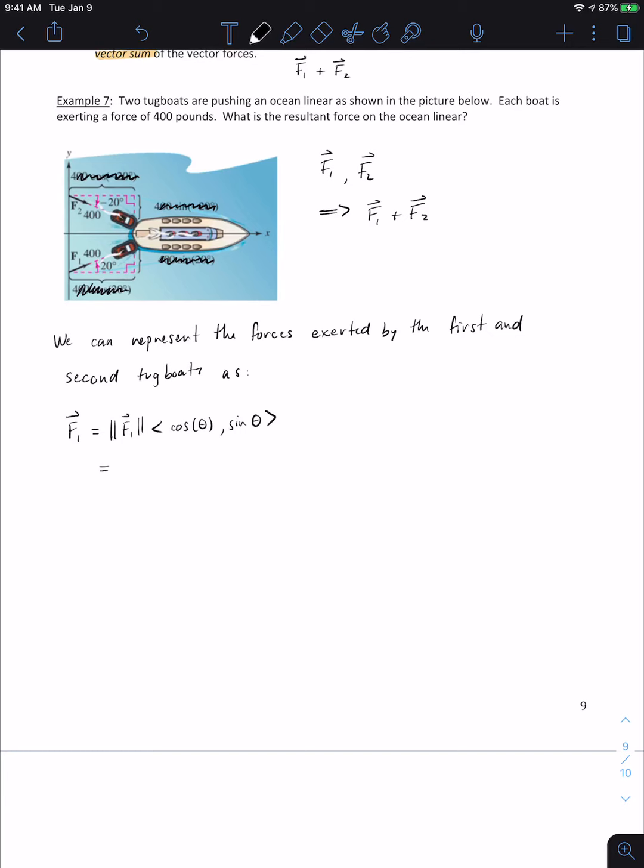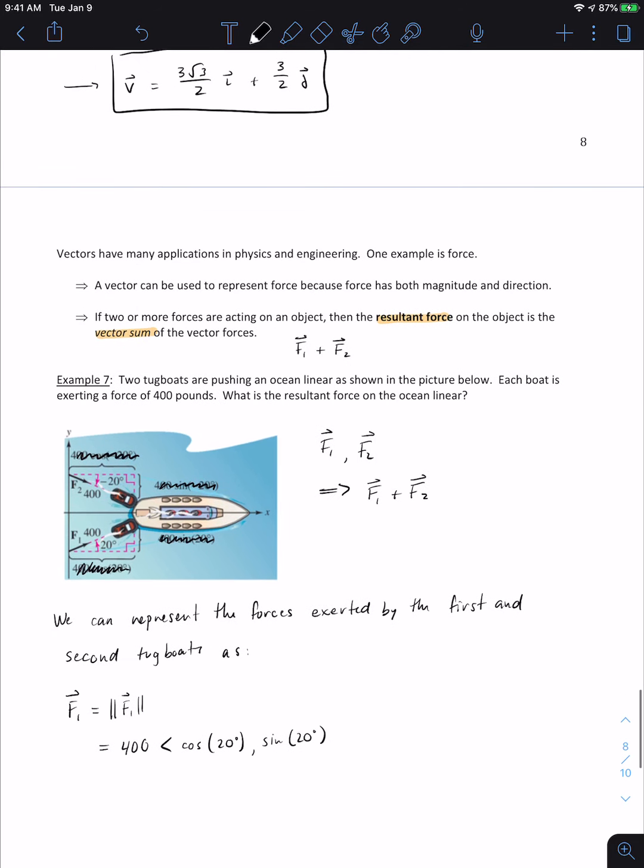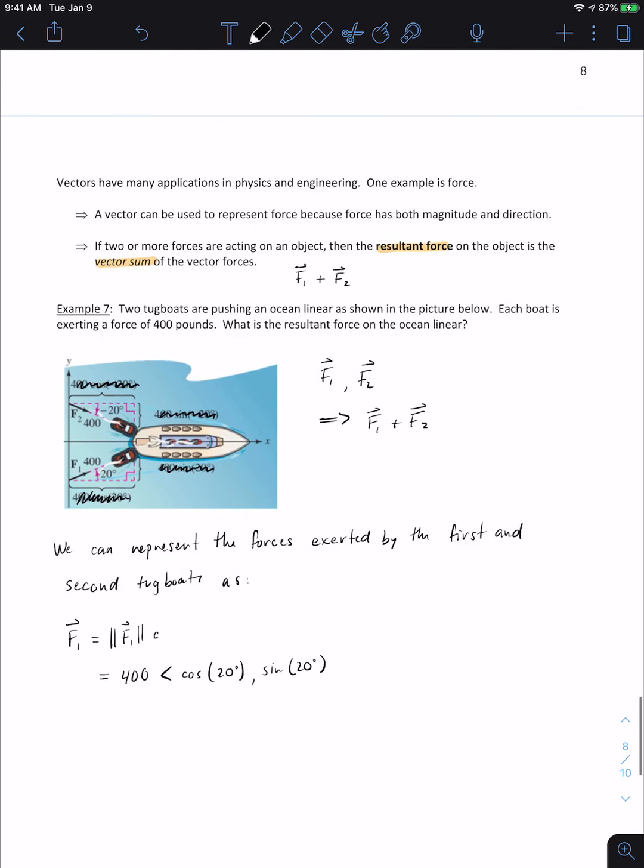Right? The magnitude of the force, again, is 400 pounds. And then we do cosine of, this time it's going to be 20 degrees, and then sine of 20 degrees. But actually, since we're in this section, let's go ahead and use the IJ forms. Remember, in the IJ form, it's the magnitude times cosine times i, and the magnitude times sine times j. So let's do this: magnitude times cosine of theta